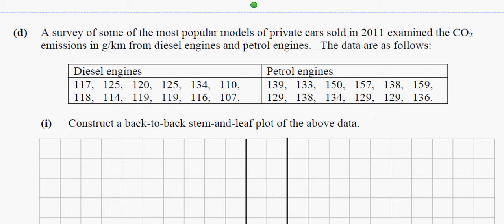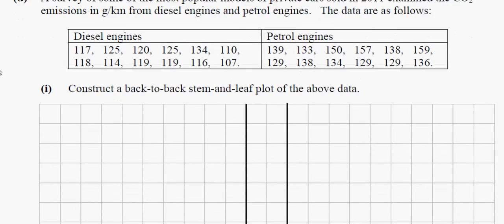Now, a survey of the most popular models of private cars sold in 2011 examined CO2 emissions in grams per kilometre from diesel and petrol engines. The data is as shown. Construct back-to-back stem and leaf plots of the above data. Okay,